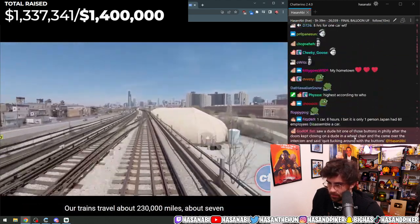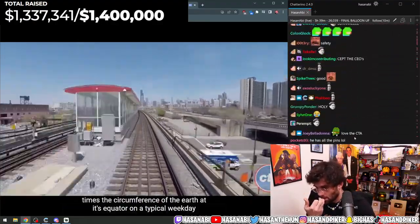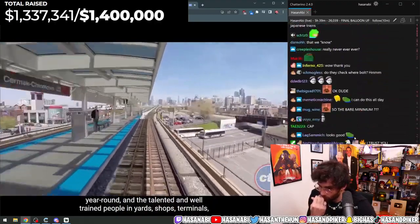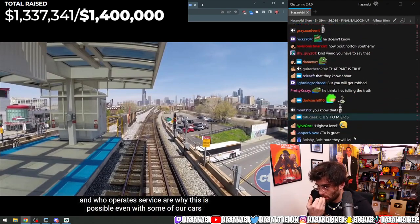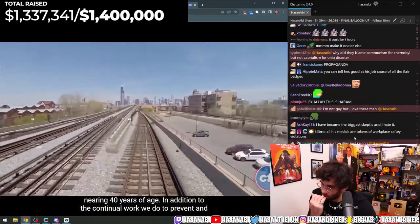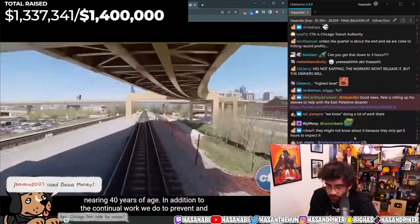Our trains travel about 230,000 miles, about 7 times the circumference of the Earth at its equator, on a typical weekday year-round, and the talented and well-trained people in yards, shops, terminals, and who operate service are why this is possible, even with some of our cars nearing 40 years of age. In addition to the continual work we do to prevent and mitigate